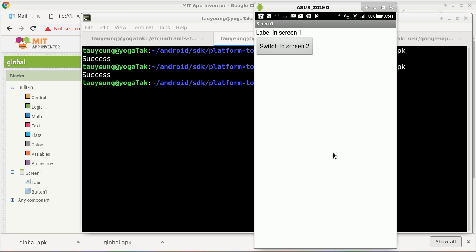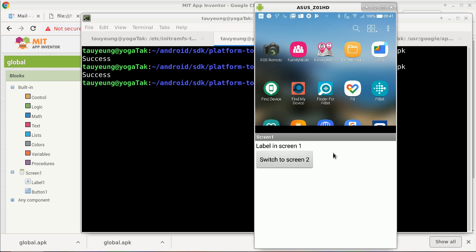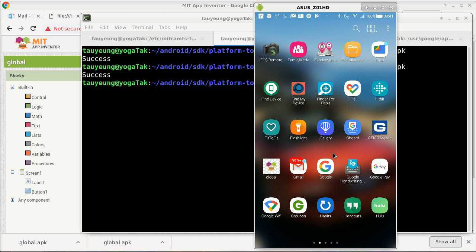Now if I press the back button again, it will close this one, which will basically exit out of the app itself. So that's a default behavior of all screens with respect to the back button. So are we good so far? If you do not specify what to do with the back button, that's basically what it's going to do. Are we good so far?